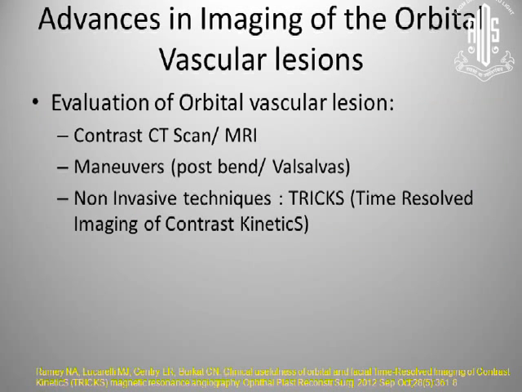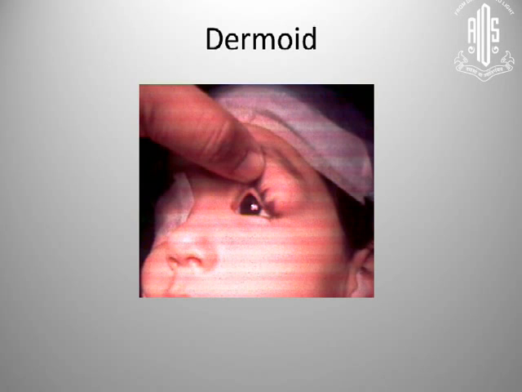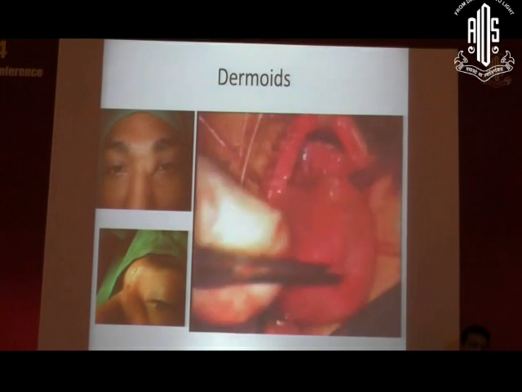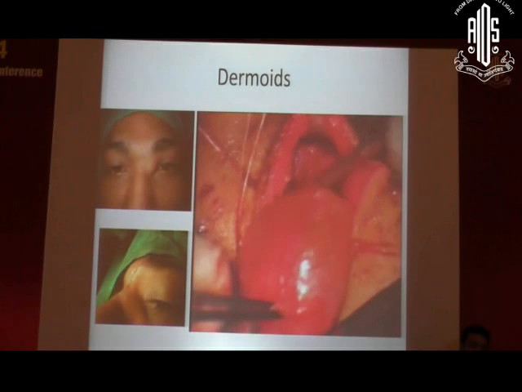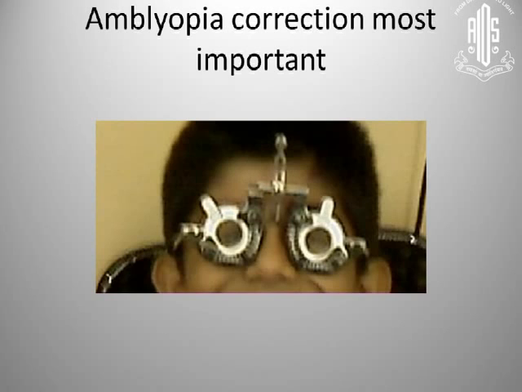There are new modalities of imaging the orbital vascular lesions, and it is becoming more and more less invasive. There can be benign tumors such as the dermoid, and these are less life-threatening but can be more sight-threatening. So we should keep in mind that apart from just treating the cause, is it having any other side effects, and those need to be treated also, and the time of the surgery has to be taken care of.